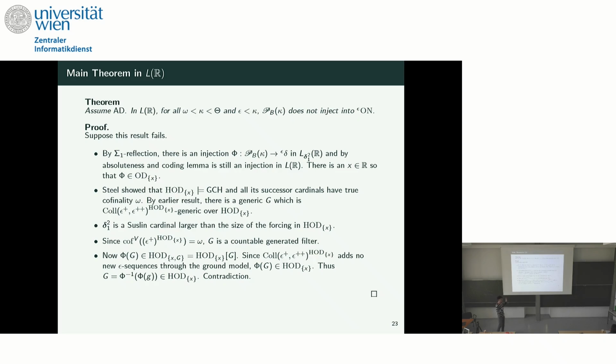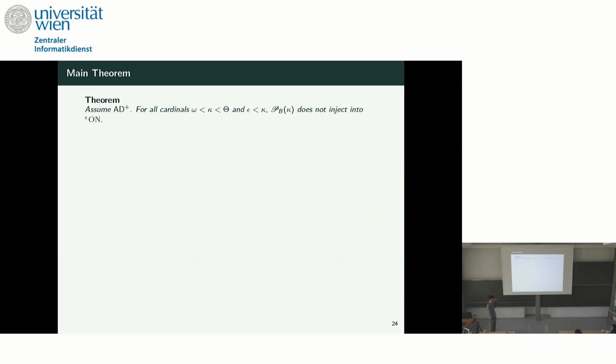Note that I don't need to do any of the z and y business because x is in HOD_x. All right. But it's going to be more tricky when you want to prove it under AD plus. Same result. I just want to sketch how to get into the setting where you can do what we just did.